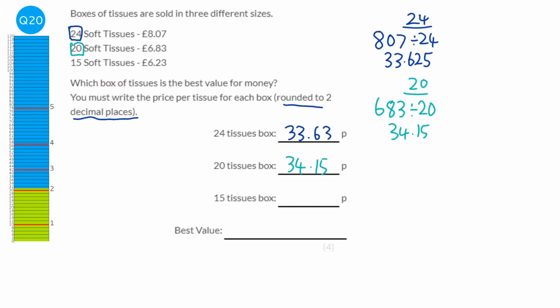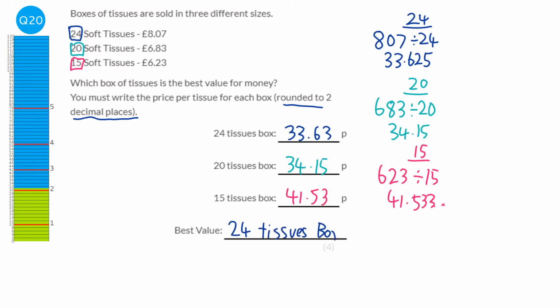And then finally we're going to do the 15 soft tissues. So we're going to do the 623 divided by 15 to find the price per tissue. It should be 41.533 and so on. And rounded would be 41.53. So if you buy 15 tissues, it will cost 41 pence. 20 tissues, it will be 34 pence per tissue. But 24 tissues will be 33.63. So that's by far the cheapest. The best value is the 24 tissues